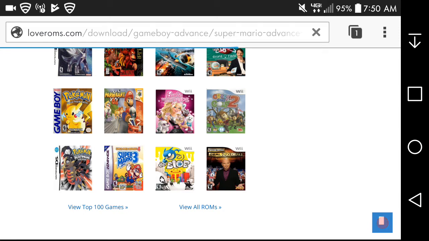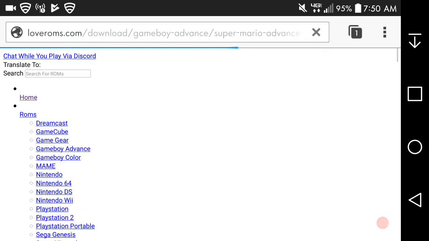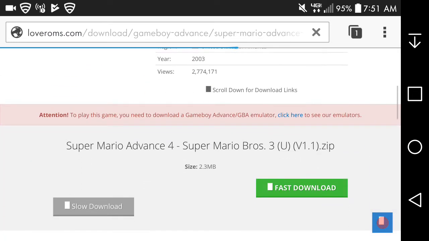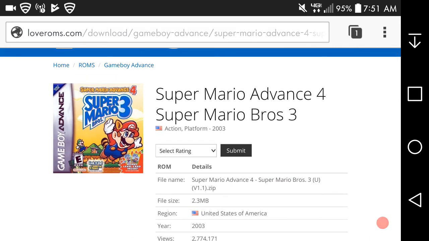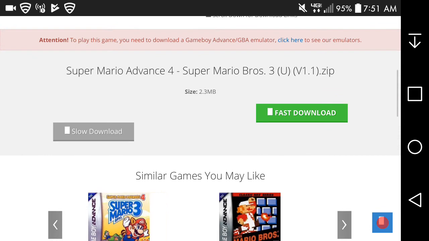I'm not sure what that blue box is at the bottom of the screen there. There's a red dot there, but that's my recording icon there for my screen recorder. So just don't freak out about that. I don't know why it does all that, but this is Super Mario Advance 4 for the Game Boy Advance, based on Super Mario 3. You click on Fast Download,